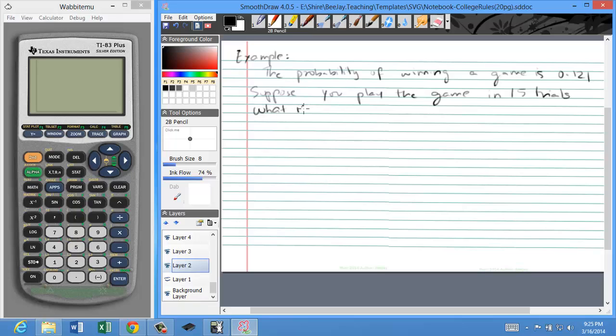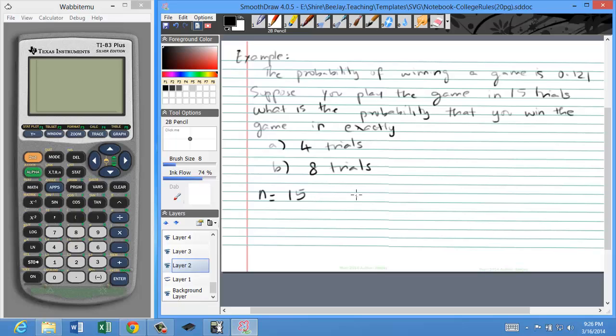What is the probability that you win the game in exactly A, 4 trials, B, 8 trials? Now this is a binomial problem because n is 15 independent trials,